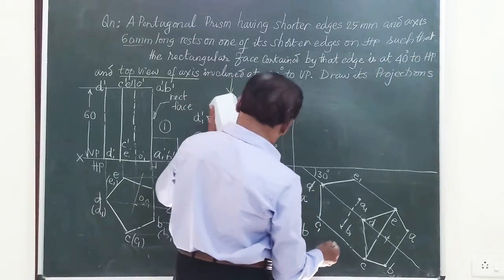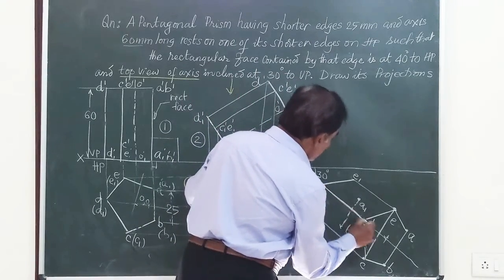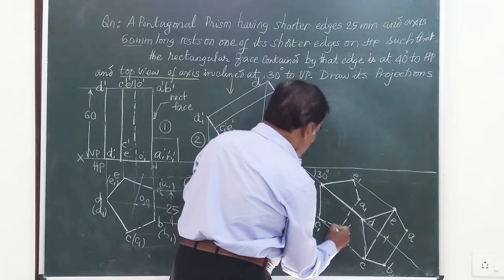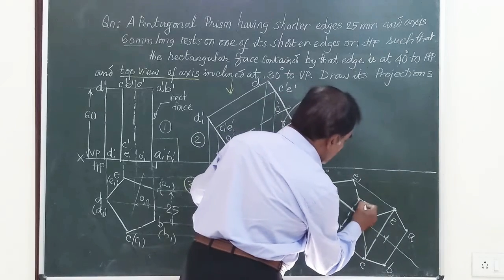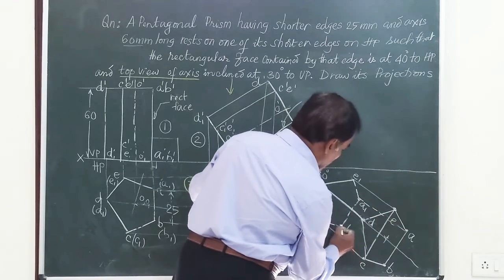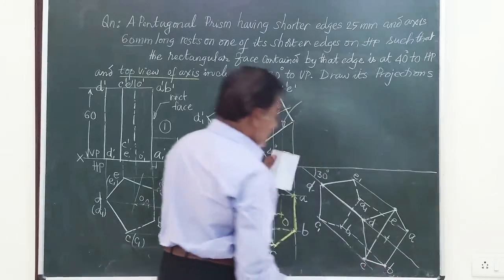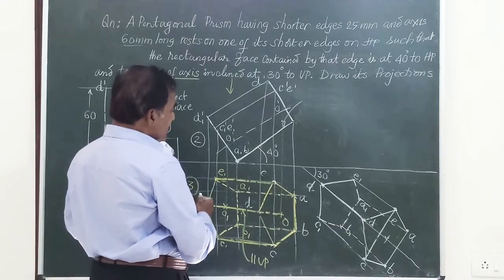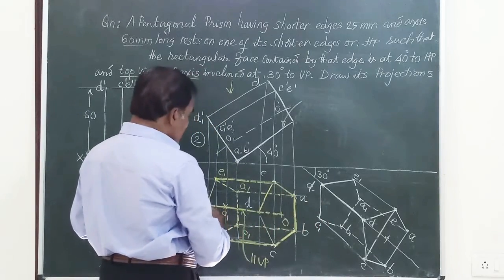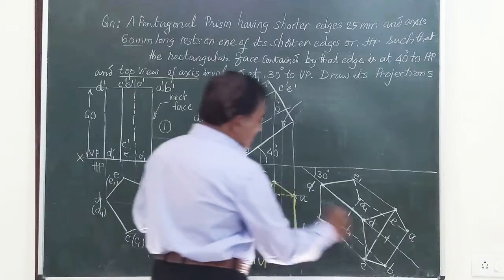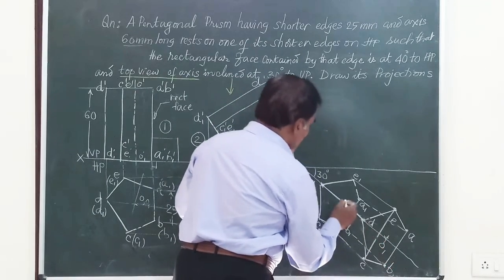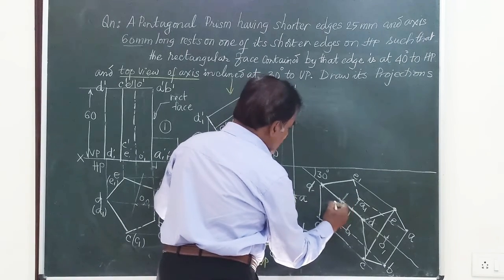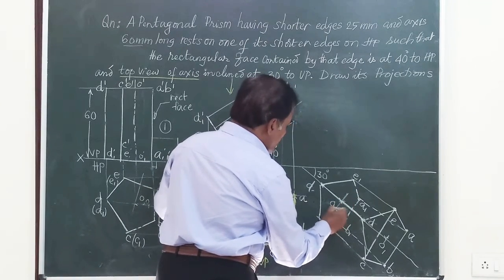Show all the visible lines. The visible lines are these, the center one, the last, and the remaining which are not visible are shown by dotted lines, such as the line AA1, the line BB1, etc. So what we have done here is, whatever figure we had, that is figure number 3, is redrawn such that the line OO1 is at an angle of 30 degrees to VP. So O1 I am going to mark here. This is the final top view of the solid.